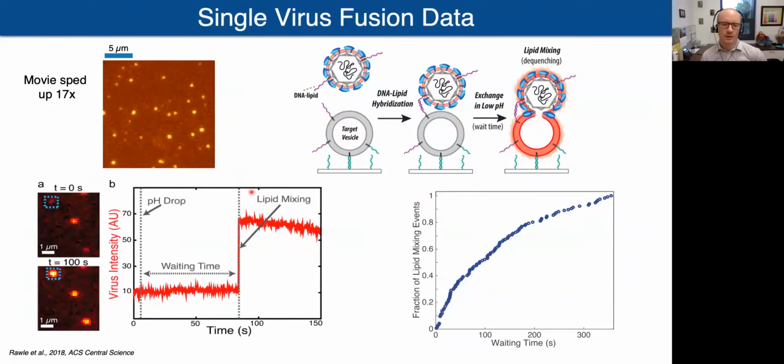And from that, we do that for one virus, and then we do it for many, many, many viruses, and we can construct something called a cumulative distribution function that basically shows us the fraction of fusion events that have occurred as a function of the waiting time. Now, the shape and time scale of this curve gives us insight into intermediate steps that might happen between pH activation and fusion. We can determine that by mathematical modeling, which I'll discuss extremely briefly in a second.